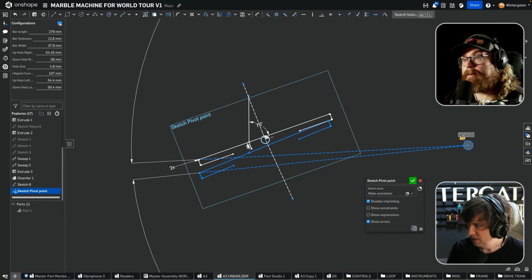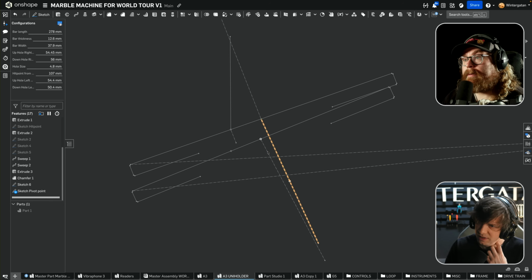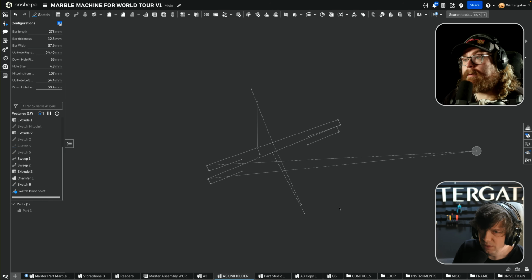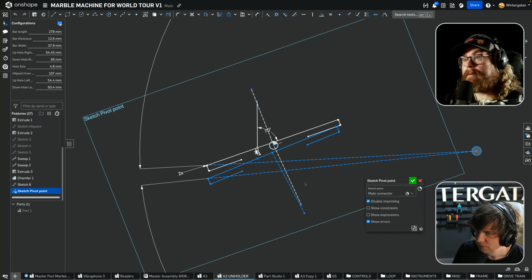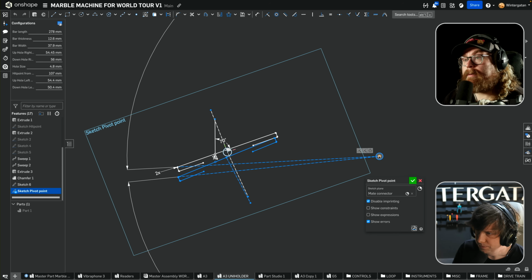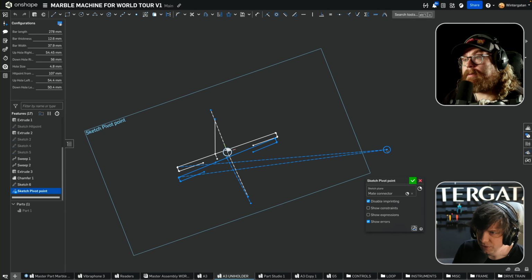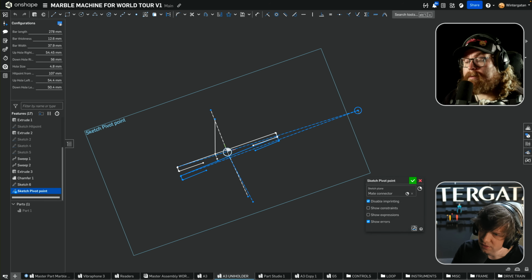And then let's edit pattern and include this line as well. Now we can kind of see how it moves. Eventually I want to include the tube and everything here. So we can see that the more